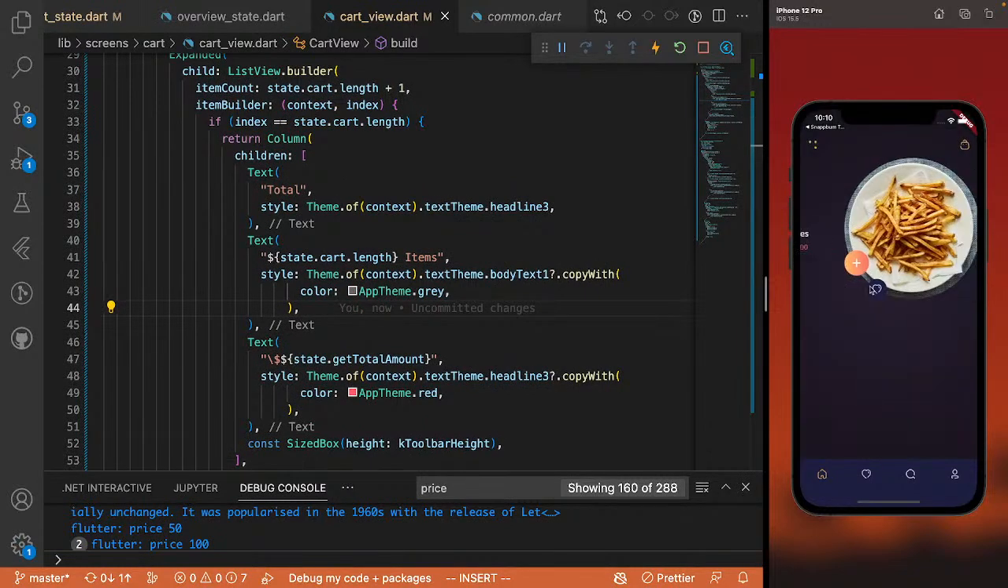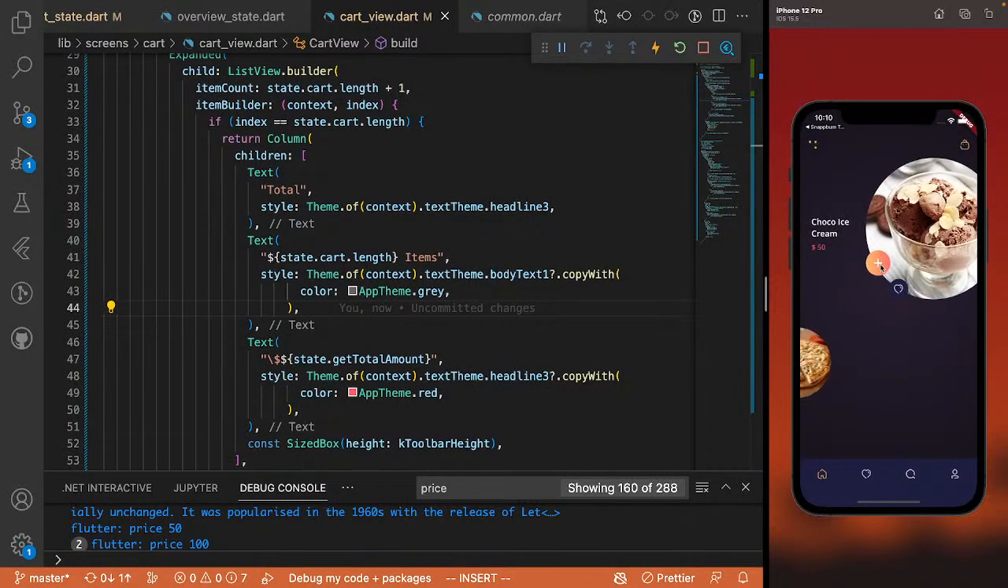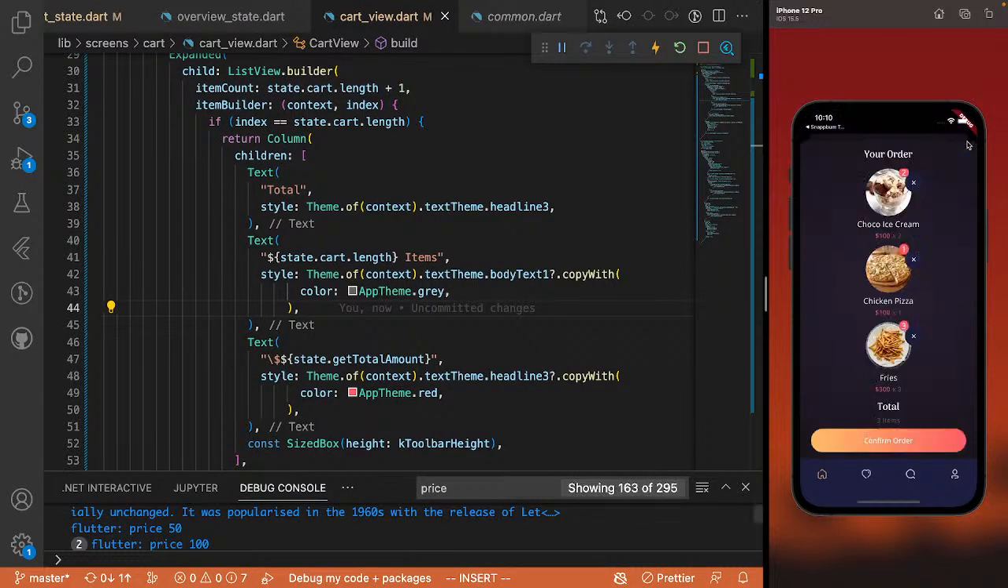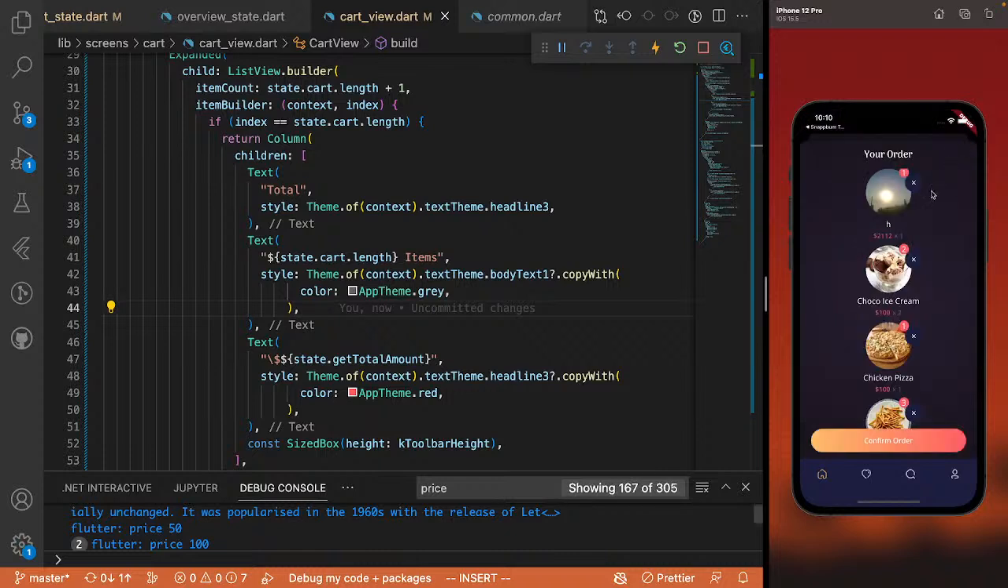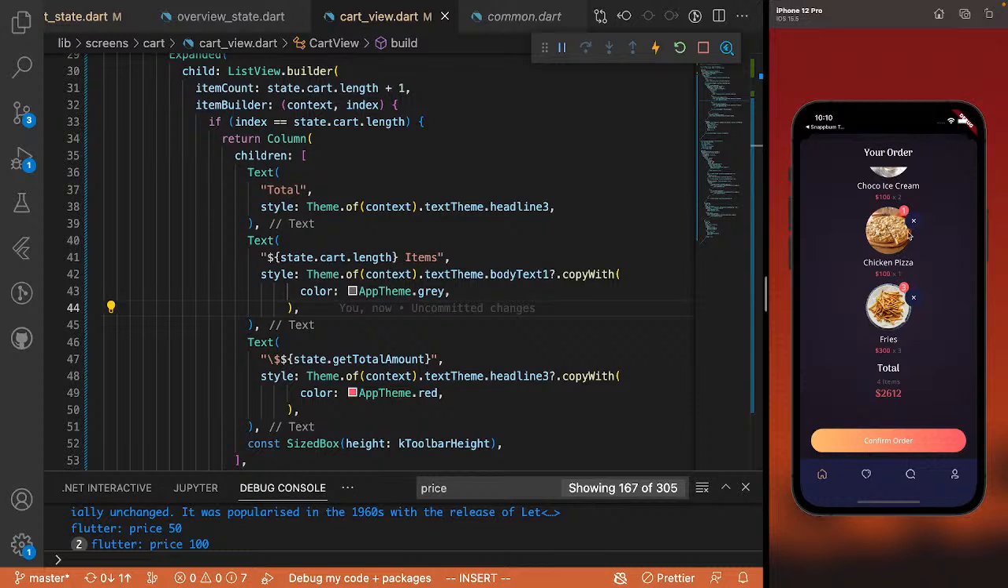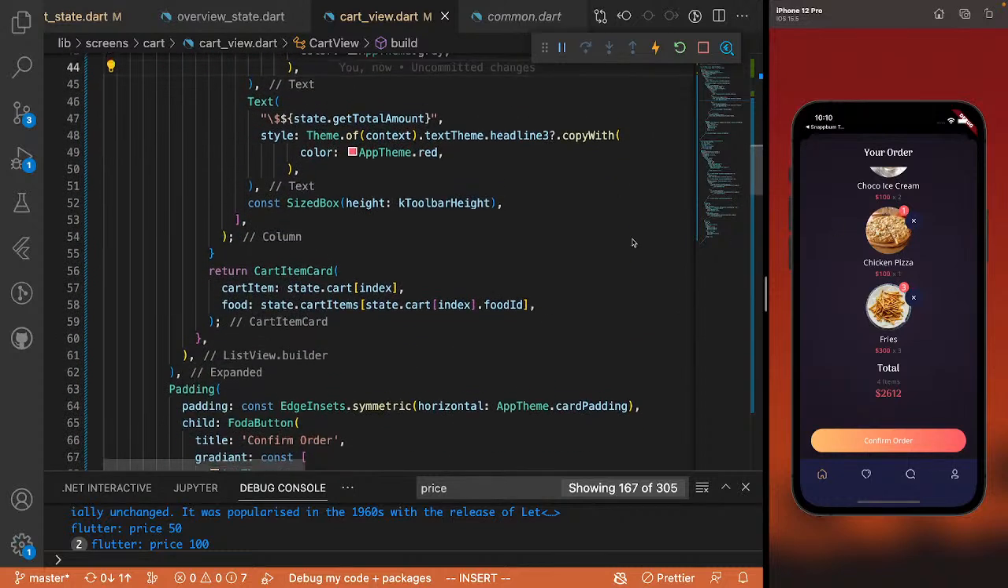So let's bring this down and try to add another chocolate cream. Chocolate cream is now 2. Let's bring this down and let's add this one. Okay, you can see. Let's try to remove